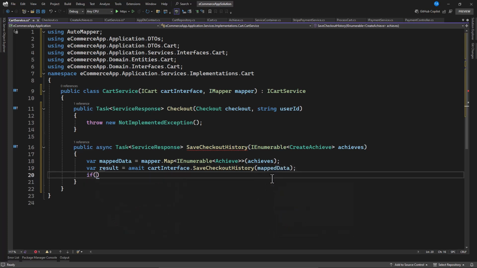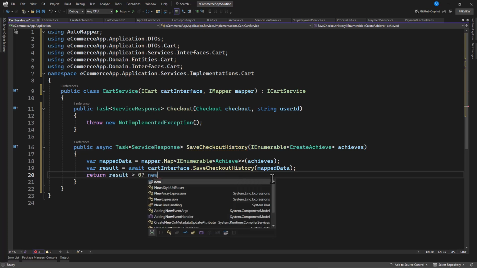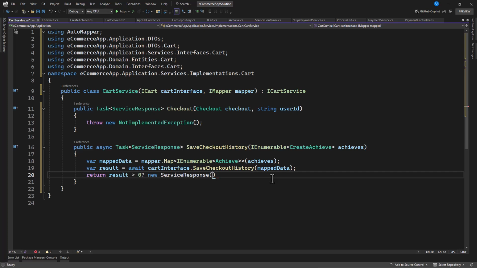Then we can check. Can use lambda. No, that's a ternary. So results greater than 0. If yes, then return new service response of true. Maybe we can give